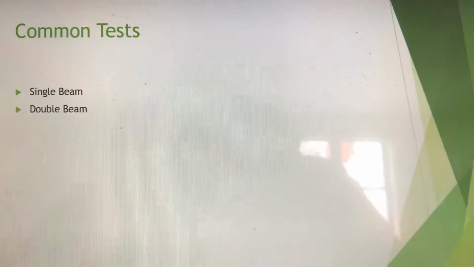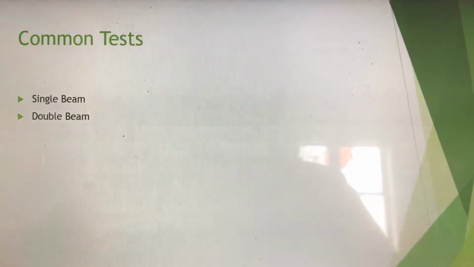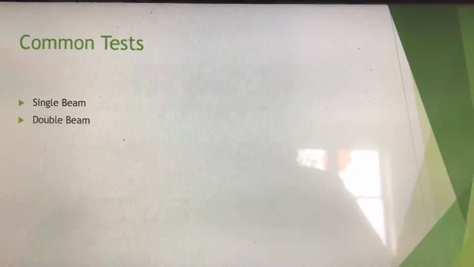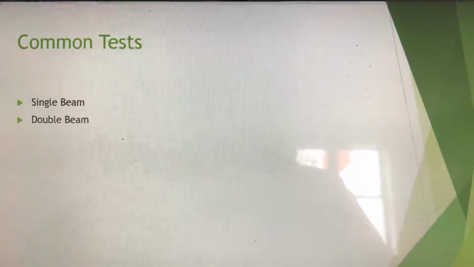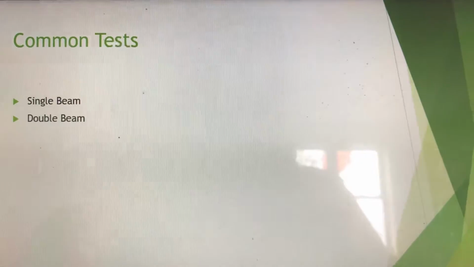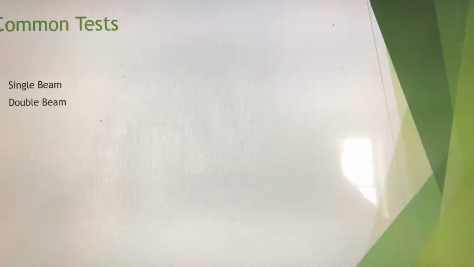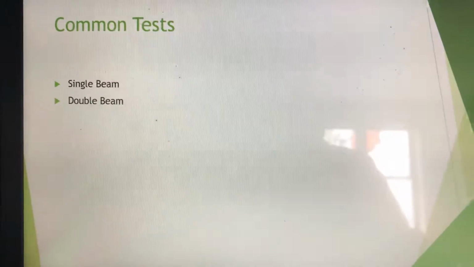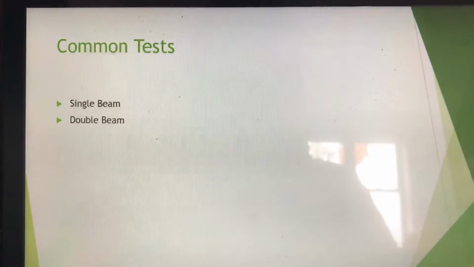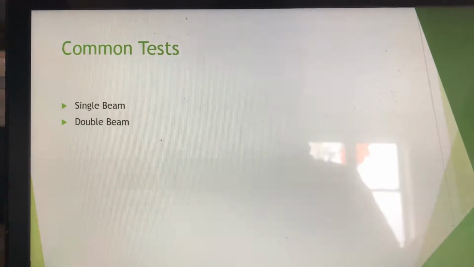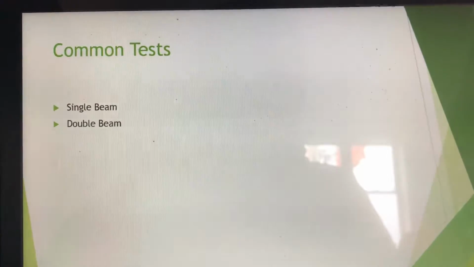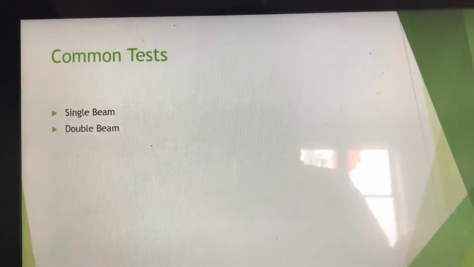There are 2 different ways that you can use your infrared spectroscopy test. The main one that's used is single beam, and that's just exactly as it sounds. Single beam is going to use one beam that's shot at your test specimen, and then from there you're going to get your graph. You can also use double beam, which